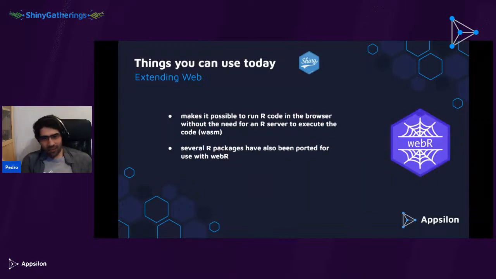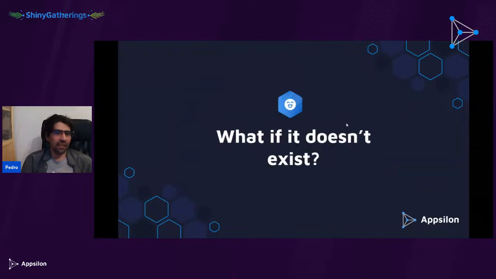I think it's hard not to mention WebR since it's so new, but yes, WebR is also a piece of web technology that you can technically add to your Shiny applications. It just lets you run R code in the browser. There's no Shiny WebR version, but it does show a lot of promise, and I'm super excited about it.